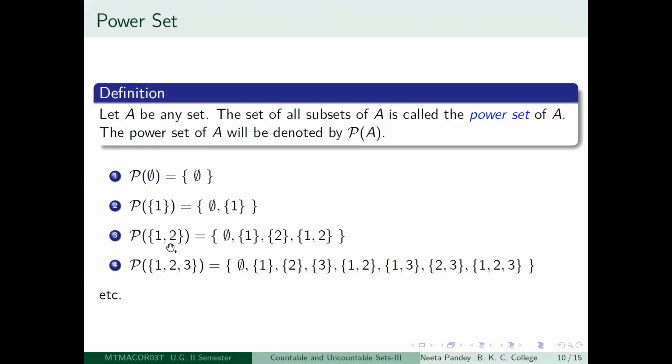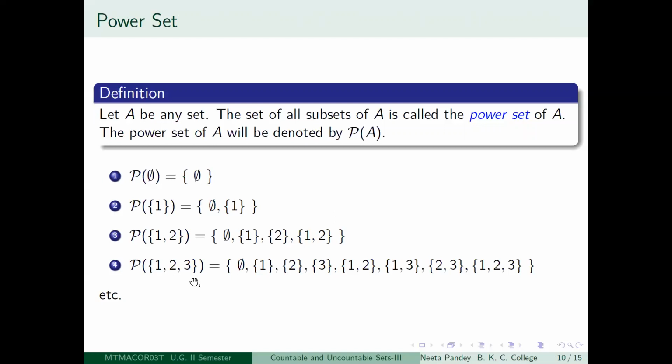Because there are two elements here, you will get precisely two singletons. And apart from that, you will get the whole set itself, which will contain both the elements. So the total number of elements of the power set of {1, 2} is 2 squared. See, it was 2^0, 2^1, 2^2. So the exponent you are getting, the power, is the number of elements of the set.